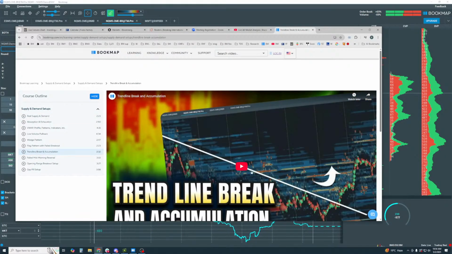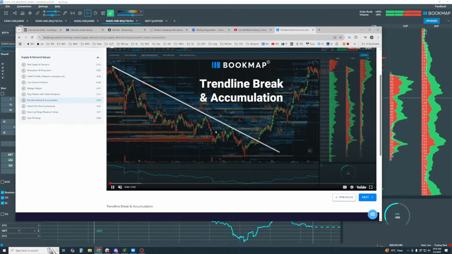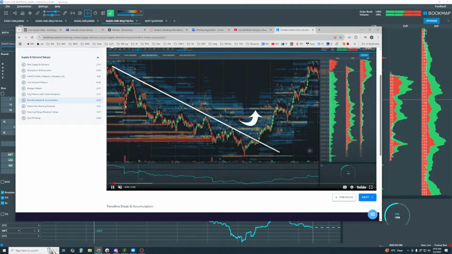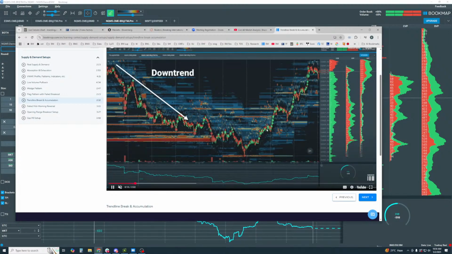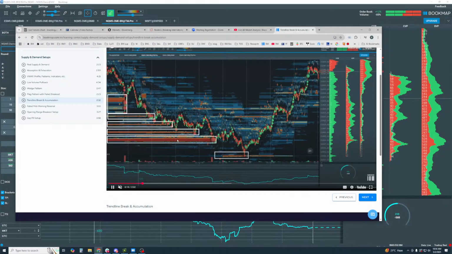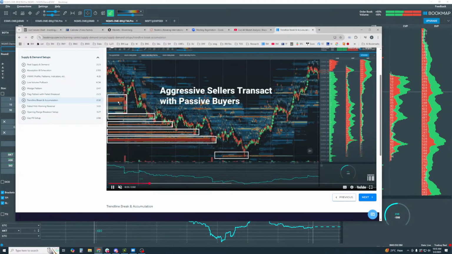It's only 2.5 minutes. So what I'm talking about in here is you'll see this, this is really important in here for this pattern. And we saw it. It unfolded. But we're looking for it in here really in this break. And it happened kind of quickly. But we want to see lots of liquidity, as you can see here, getting filled on the way down. Okay, so lots of buyers,